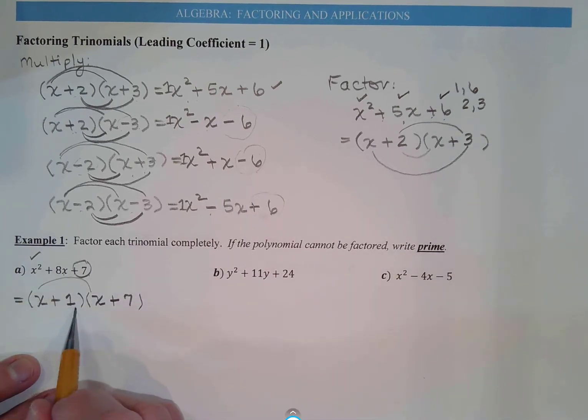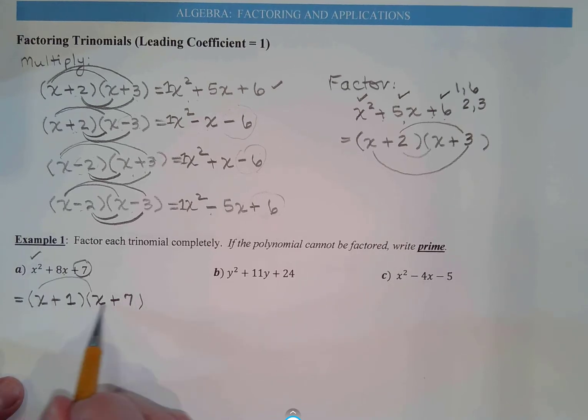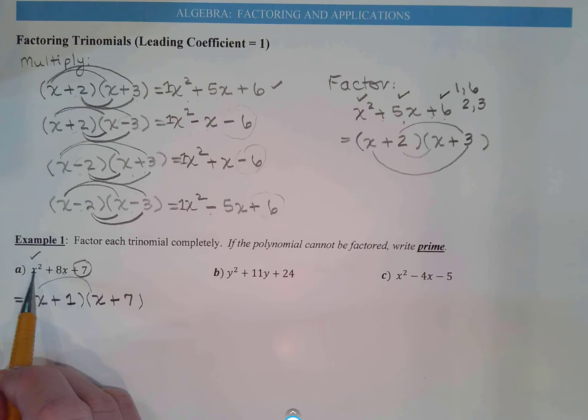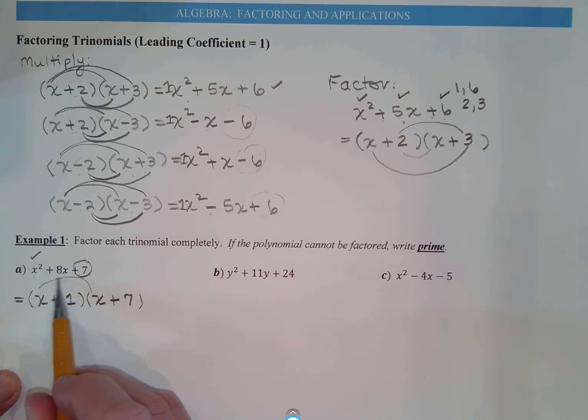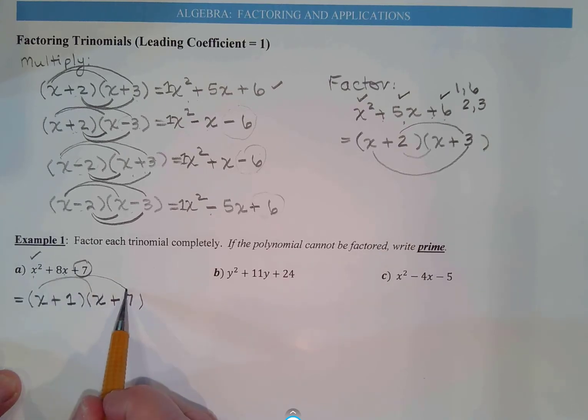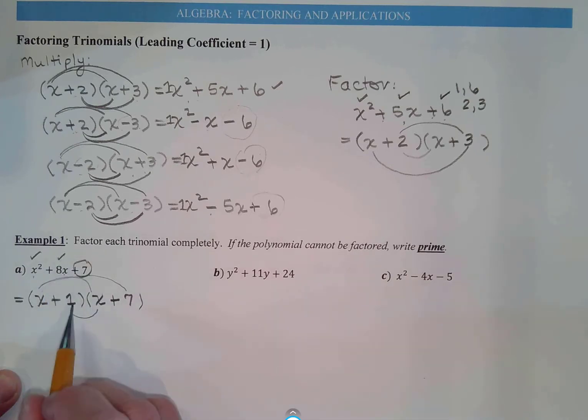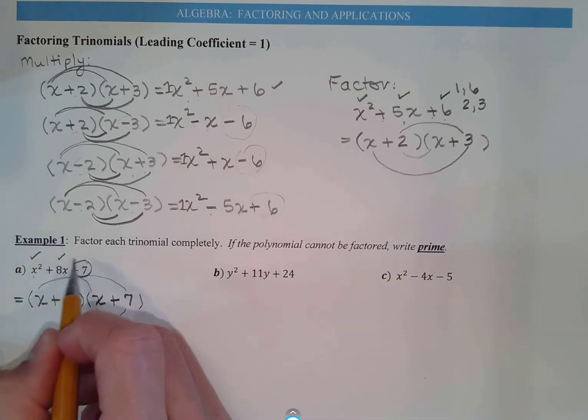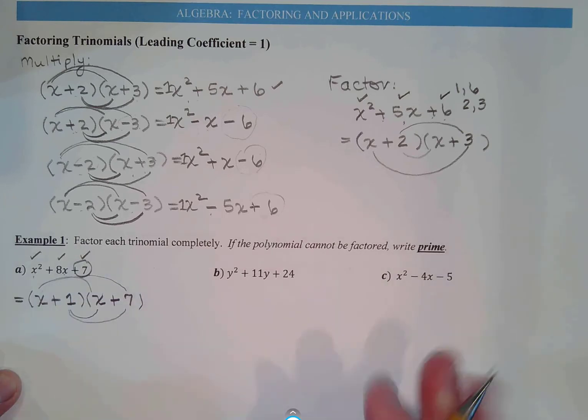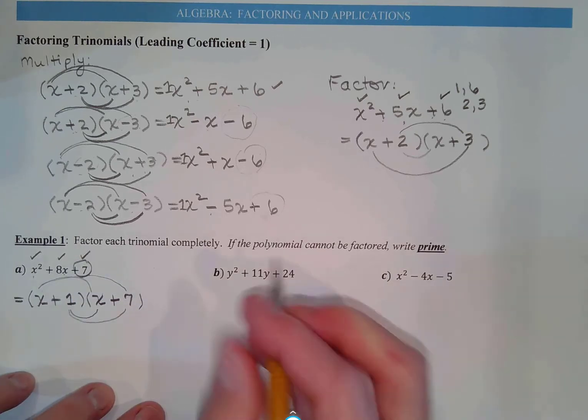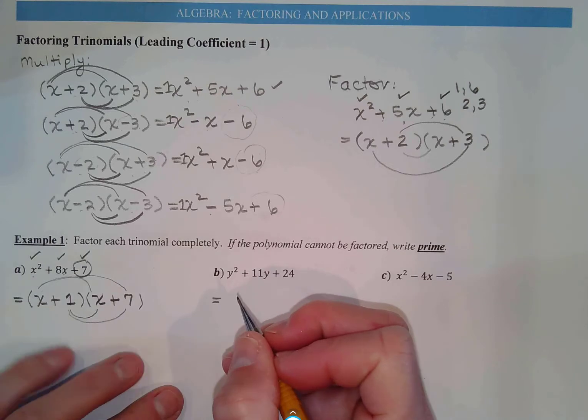Now let's check that. As we multiply, x times x is x squared. Our outer product, 7x. Inner product, 1x. Those combine to 8x. And lastly, 1 times 7 is 7. As we factor, we're rewriting these trinomials as a product of binomials. In part B,